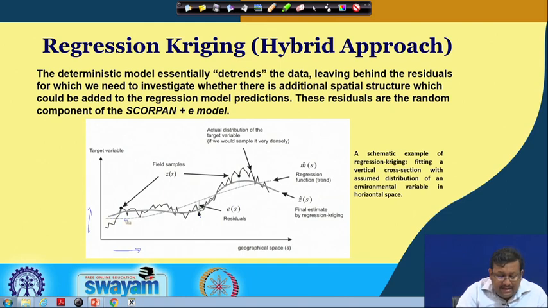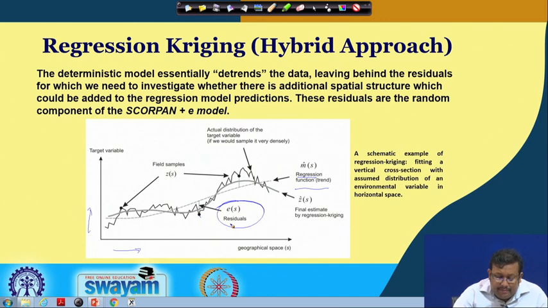We detrend the data by first fitting a regression function, the deterministic part. This dotted line is the regression function, and by using it we detrend the data. Once we detrend the data, this is the residual, the difference between the actual point and the point on the regression line.